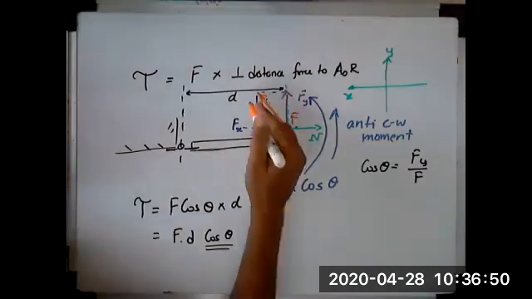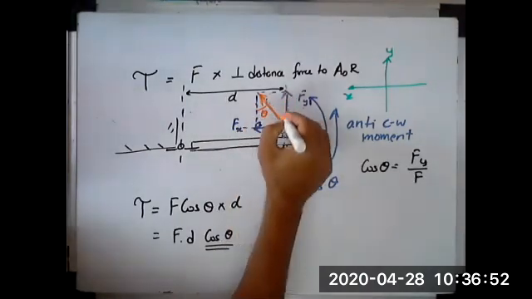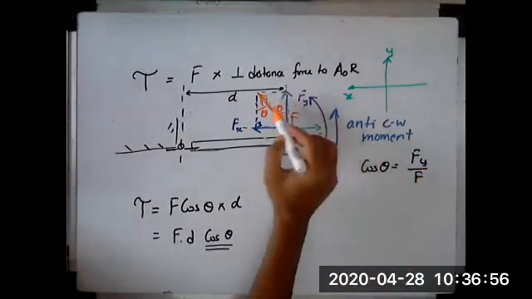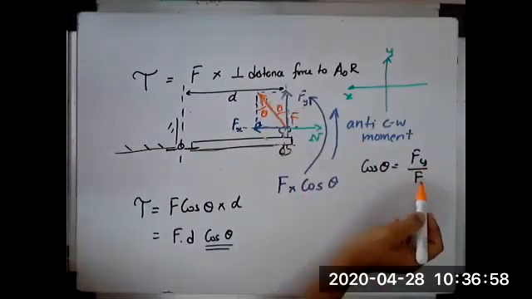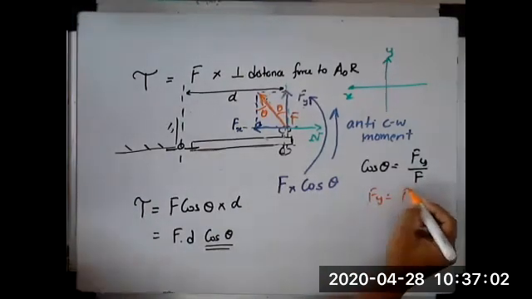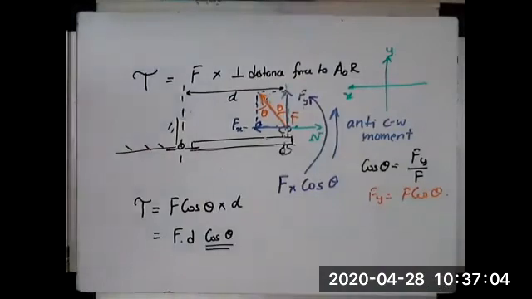Okay, so I guess this angle over here is theta, so therefore this is theta. So then I get cos theta is equal to adjacent by hypotenuse, Fy by F. Yeah, then it works out. So Fy will then become F cos theta. Then it works out, right? But I don't know how I made that mess. I'll look it up again.